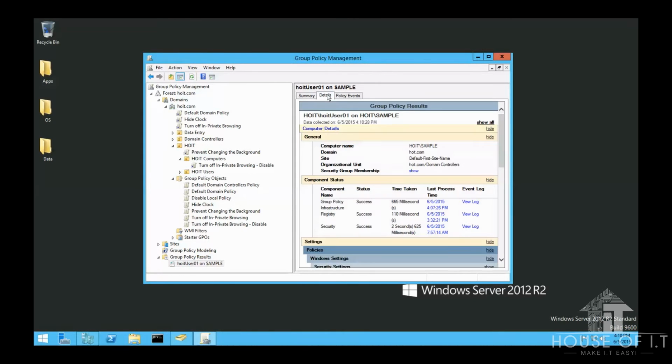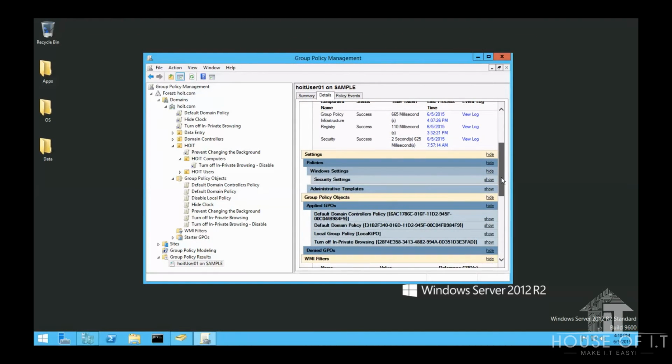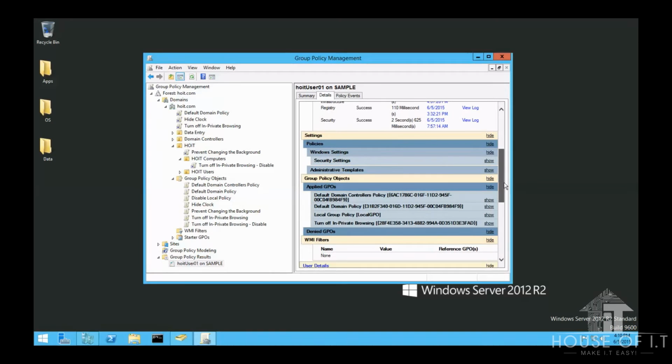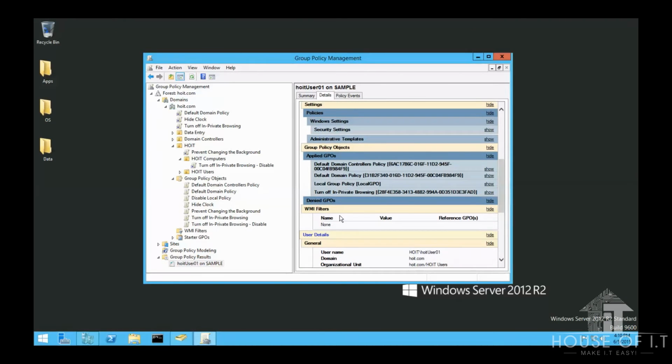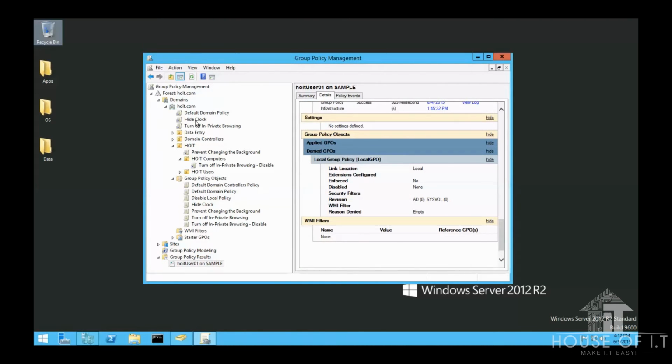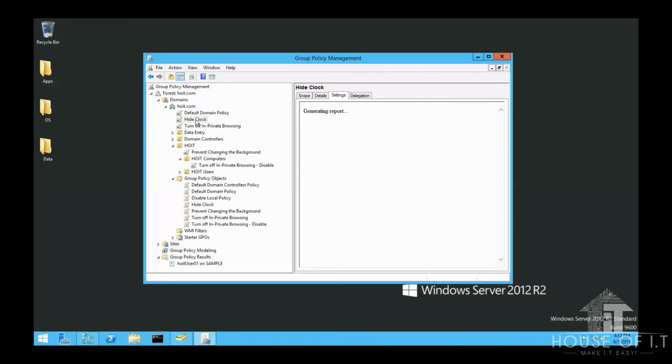These policies inside Denied GPOs are denied because they apply only to users, and what we're looking at right now are computer details. But if we scroll down to user details, you'll see that the GPOs denied above are the ones applied here. Now if you want to make an exemption to the policy for a certain user, for example,